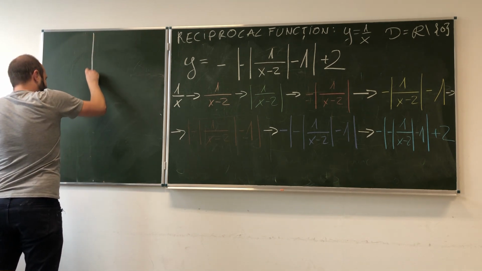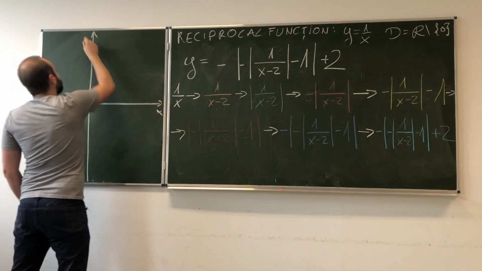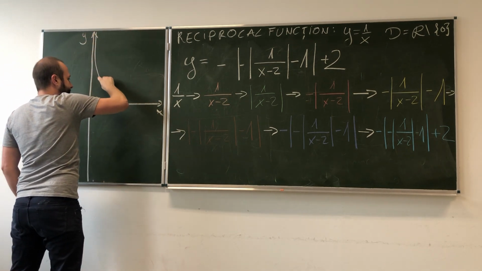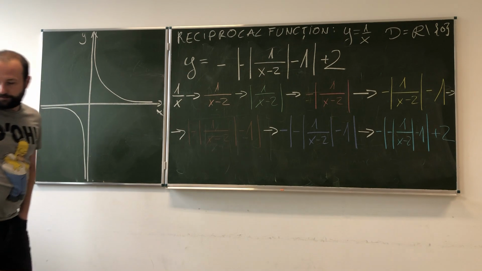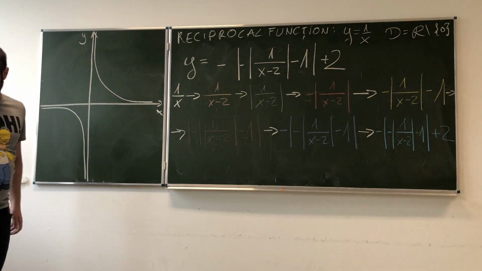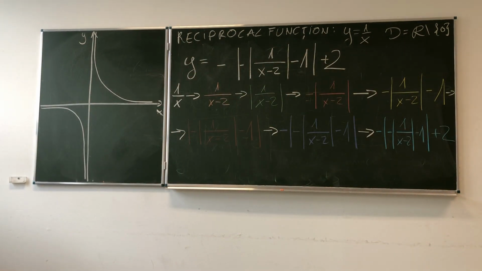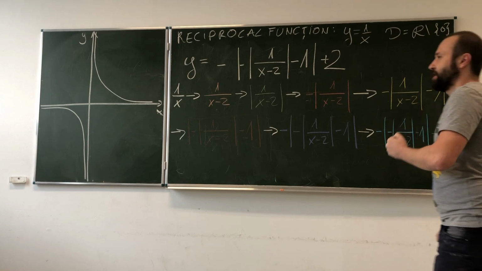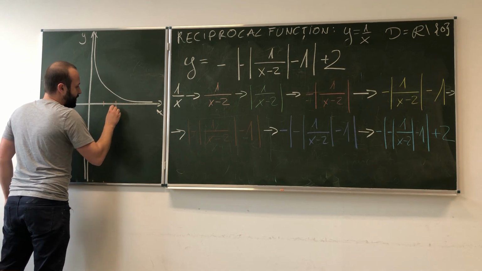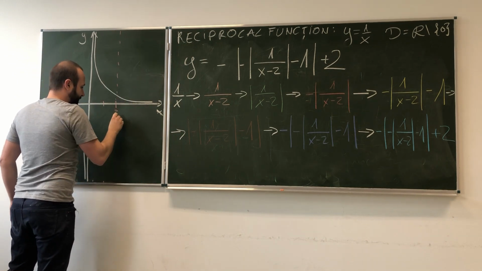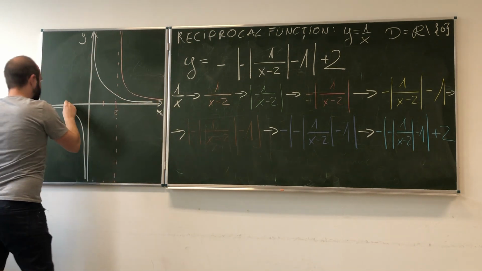Okay, so let me start by drawing coordinate space and 1 over x. Okay. Now, first thing we need to do, we need to subtract 2 from x, which means we are moving the function by 2 units to the right. The easiest way, of course, to do it is by drawing a new asymptote over here and just draw this function in a new